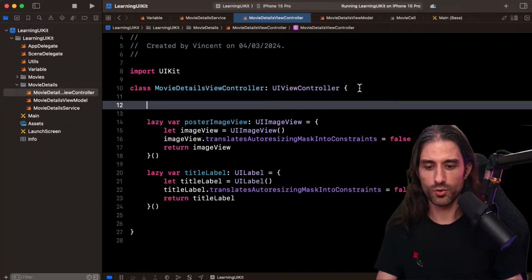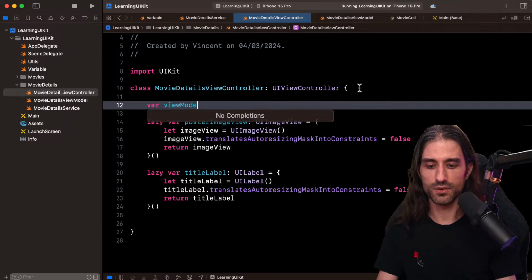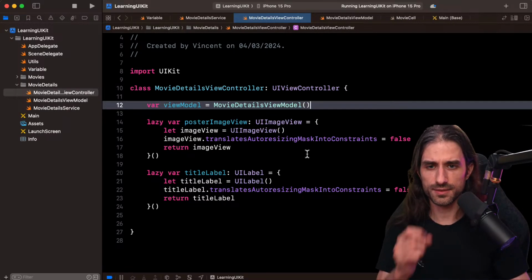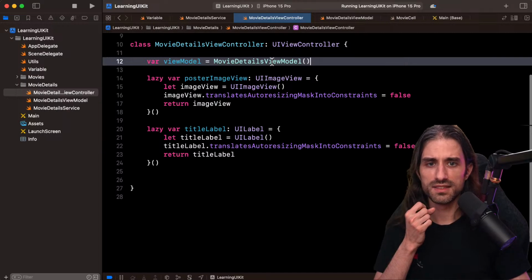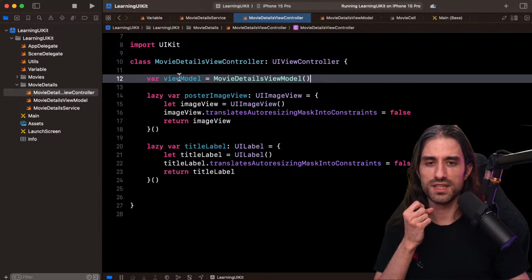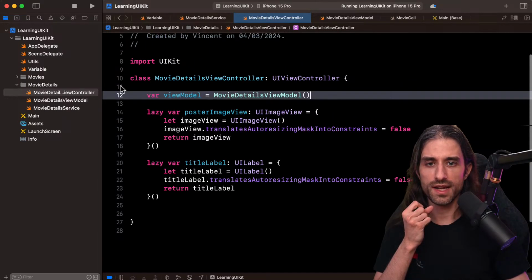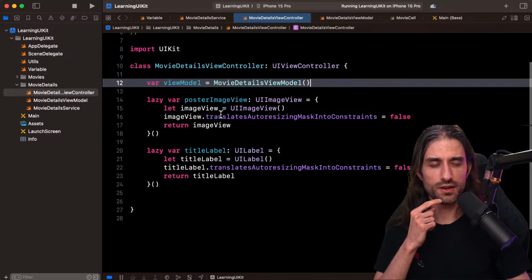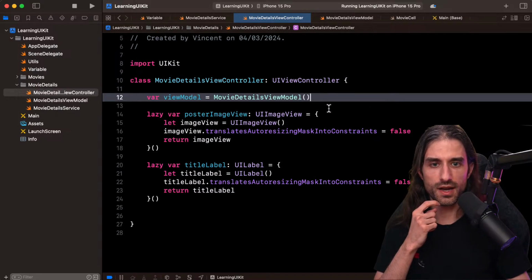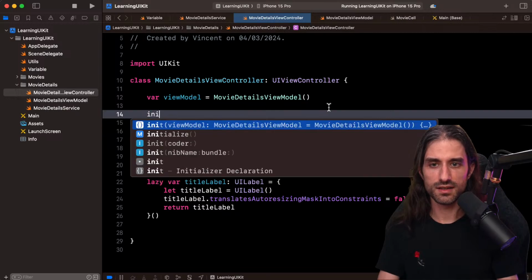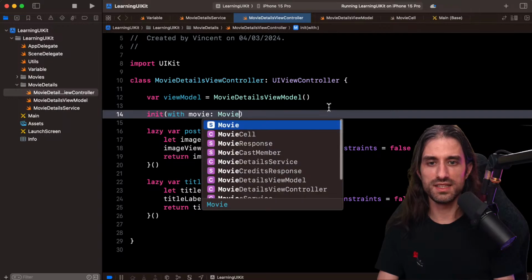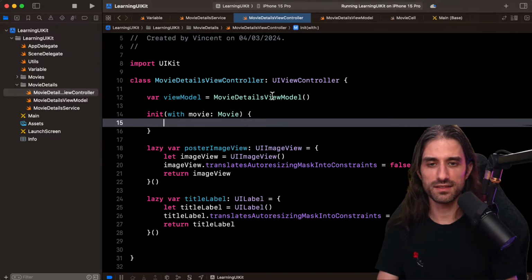So now let's actually create the view model inside the view controller. So we are going to create it like that. So viewModel is going to be a MovieDetailsViewModel like that. And actually, I can do even better since I'm not using Interface Builder. I can create the init I want for my view controller. So I'm going to create init with movie like that.